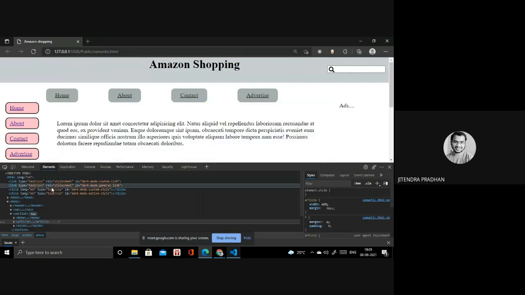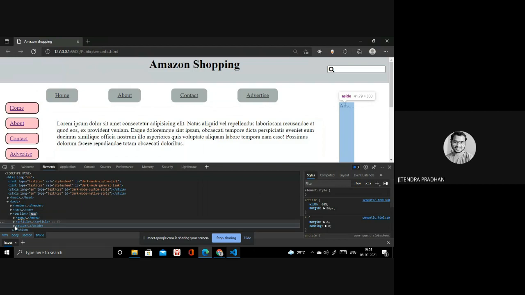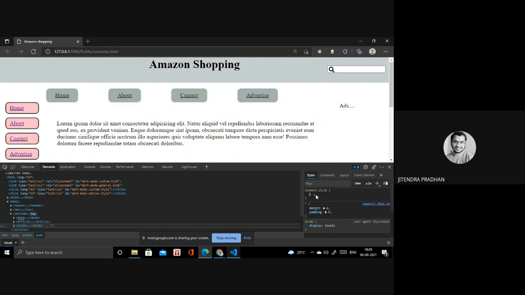Inside we have article. This one is the article. This one is the aside, right? In the aside, we are not giving any of it particularly. If I give it inside, it's like a border, and inside the border 1 pixel solid. Yeah, it's coming now.